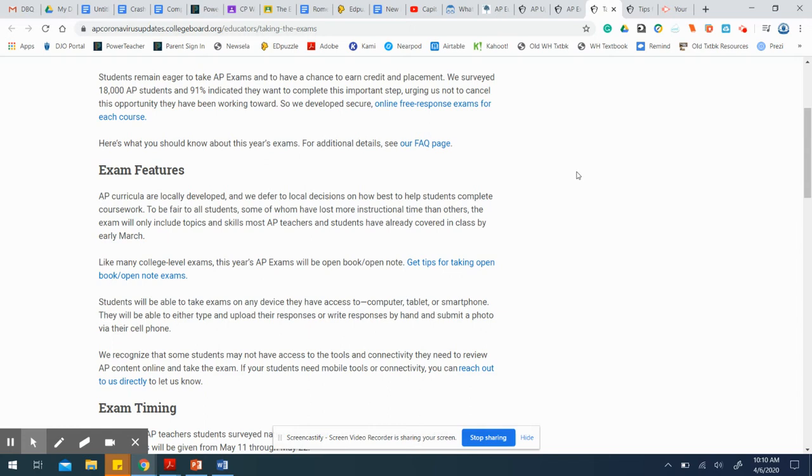So capitalism is the economic system based on a free market. It has open competition. Profit is usually the motive, and there is private ownership of the means of production. It also encourages private investment and businesses. And we saw this through Adam Smith, who's considered to be one of the first modern economists, through his ideas of laissez-faire. We saw this when we went over mercantilism earlier in the year. In his definition of capitalism, he put in An Inquiry into the Nature and Causes of the Wealth of Nations.